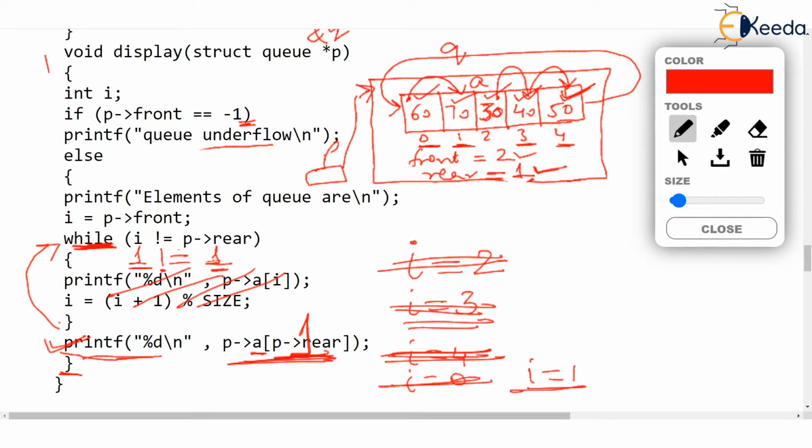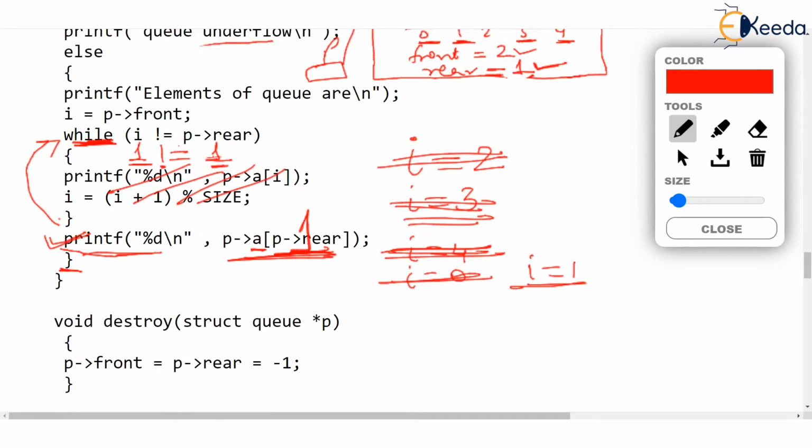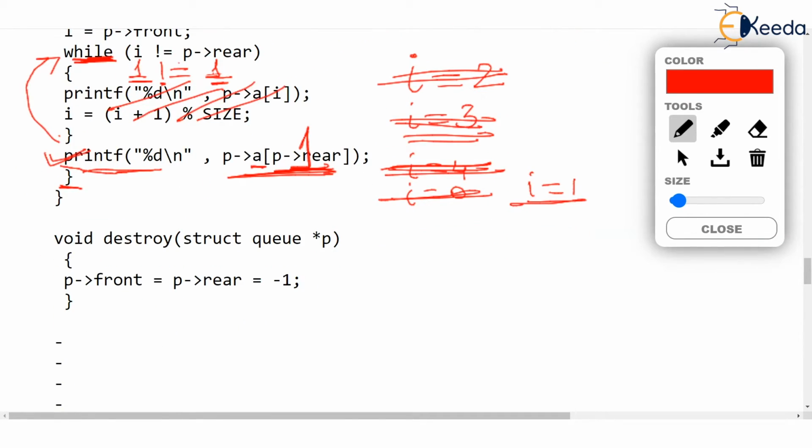Well, that's display, isn't it? I hope you have understood. Then I have written destroy. Now, destroy is commonly not written. In fact, it is never written. But in one of the Mumbai University papers, just once they asked the destroy function, you can instantly destroy the queue by making front and rear both -1. Then everything is lost. The queue becomes empty, isn't it? And if the queue becomes empty, we say that we have destroyed all the elements of the queue, but then it's not at all required.